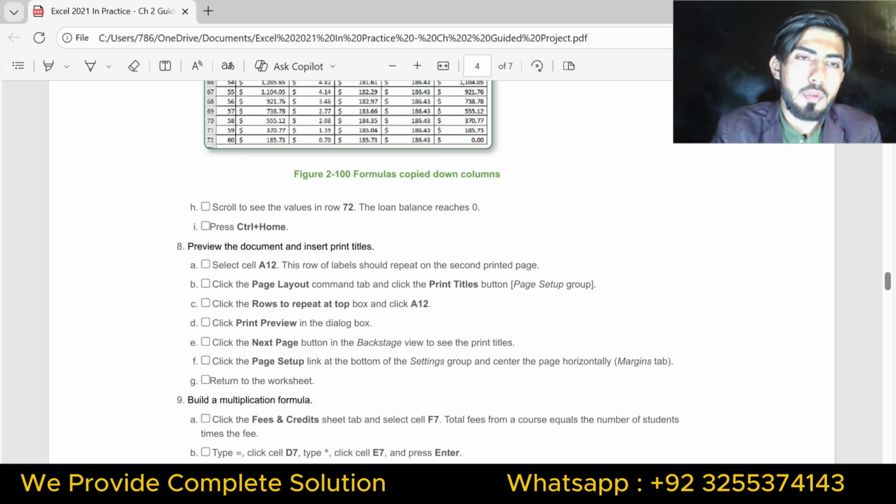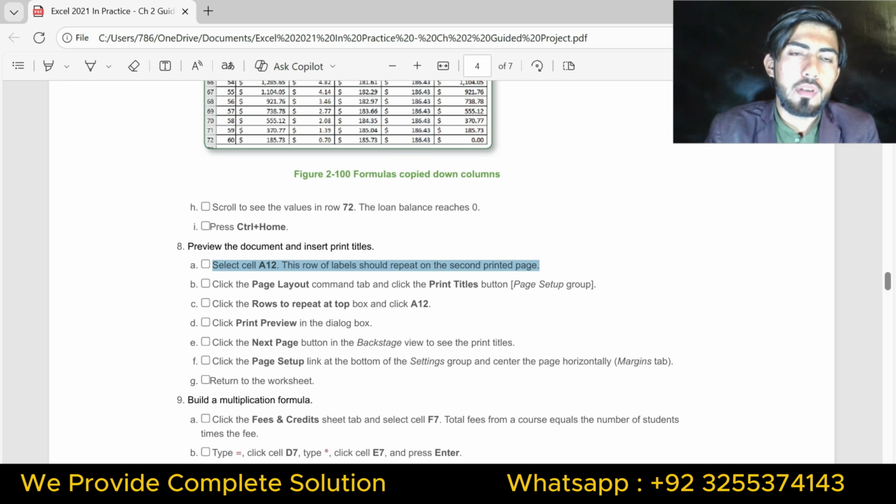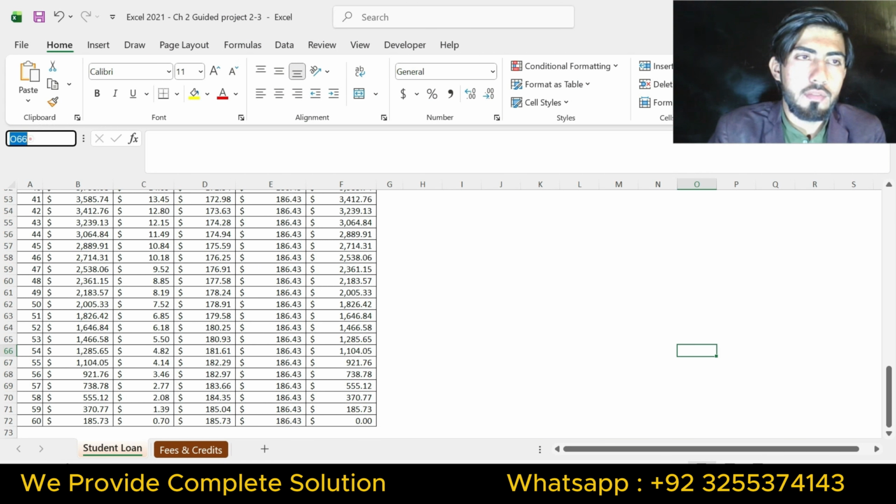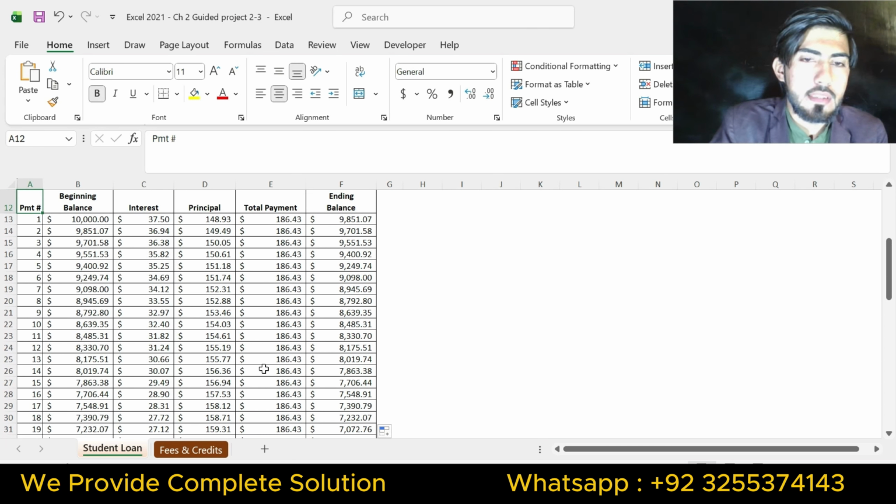Question number 8 is preview the document and insert print titles. So part A, select cell A12. This row of labels should repeat on the second printed page. So just click cell A12.